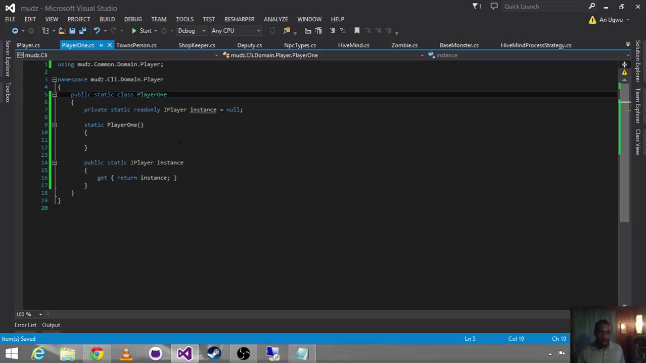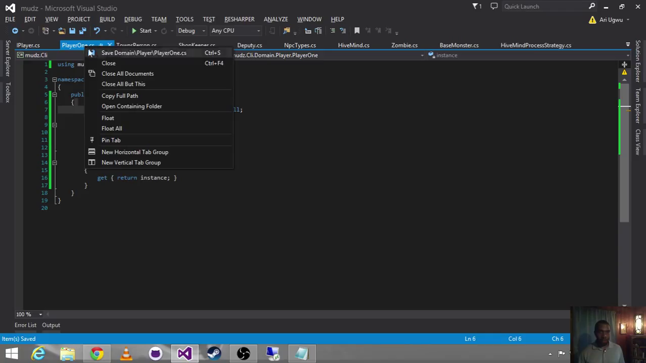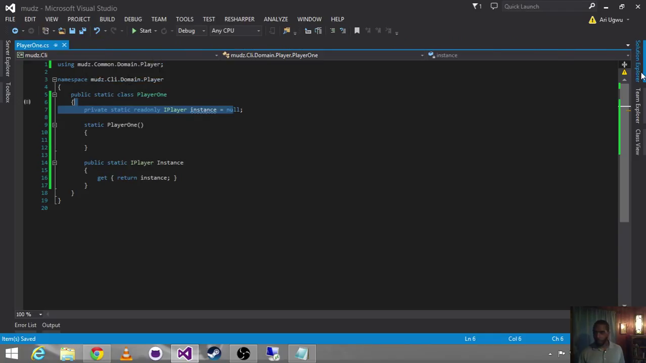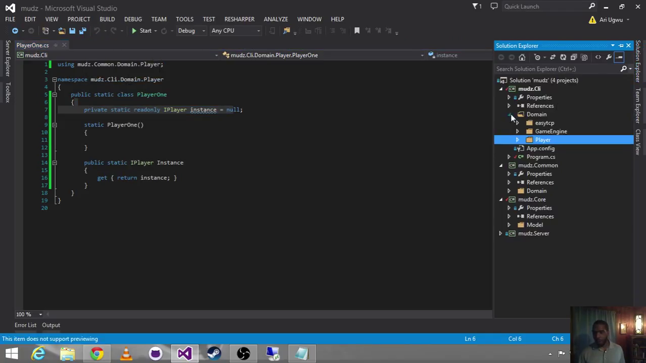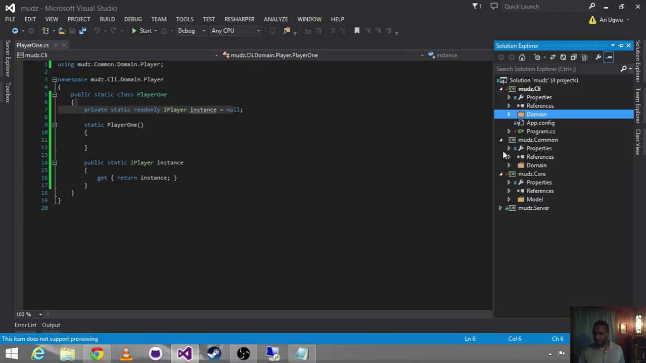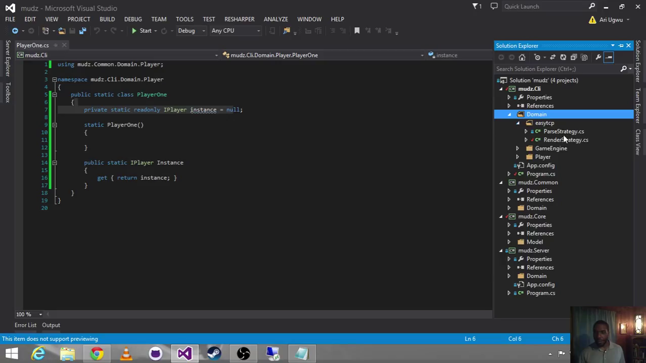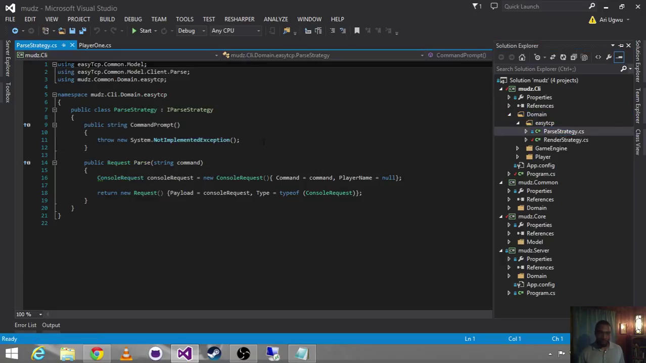to be one instance of iPlayer inside of it. And why do we want that? I'm going to close everything else but this. We want that because everything's looking real good, right? We have one little difference here where in our core we've got model, but everywhere else we got domain. We'll fix that at some point because we do want it to be all kind of very similar. But instead of our easy TCP, instead of our parse strategy,